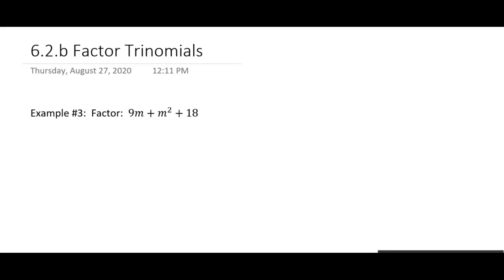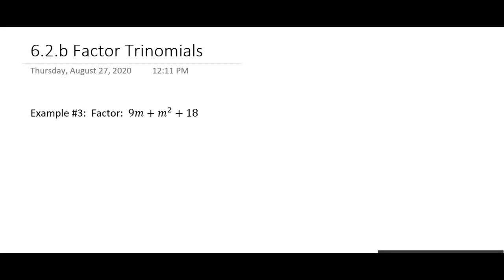So we're going to factor some more trinomials, and again, the goal is to get multiplication when we're factoring. It's not a simplifying thing, it's a matter of what form you want it in. So we're trying to get multiplication instead of addition, which is what we have right now: stuff plus stuff plus stuff. They're going to give us some different examples so we can play around with them and